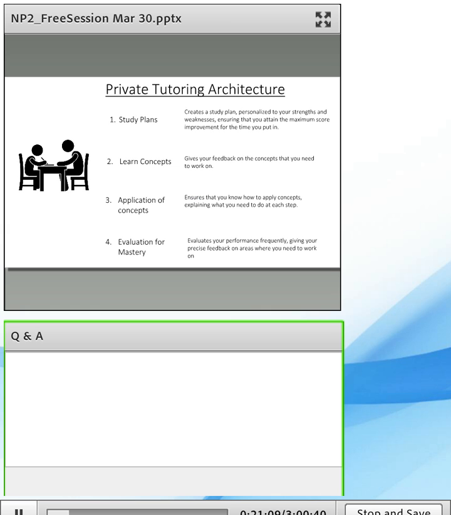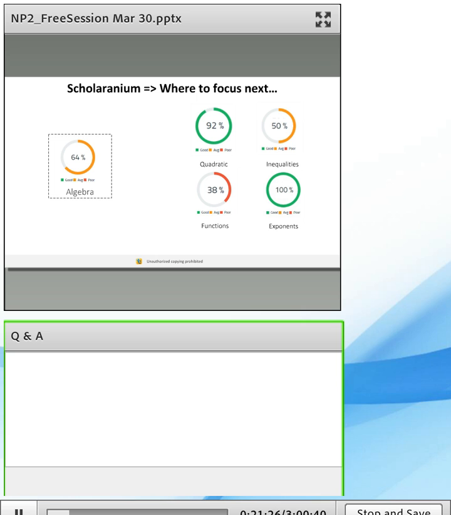The next piece is evaluation of mastery. Remember, a private tutor, while teaching the application, evaluates you and really tells you when it's time for you to move to that next level. To do that at an algebra level or a number properties level or an advanced topics or a word problems level, we build this entity called ability quizzes in our Scholarinium platform, which every student gets with our Quant and GMAT offerings.